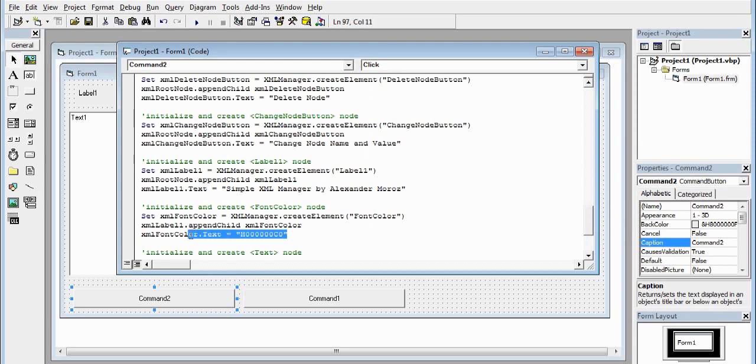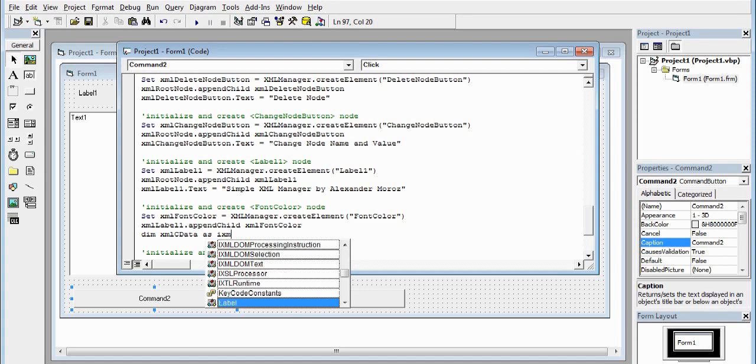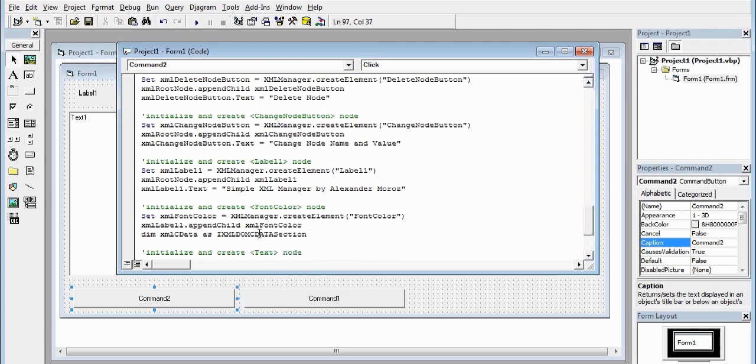So what I'm going to do is delete the color text from this node, and I'm going to write Dim XMLCData as IXMLDOMCDATASection. Going to select that, and then I'm going to